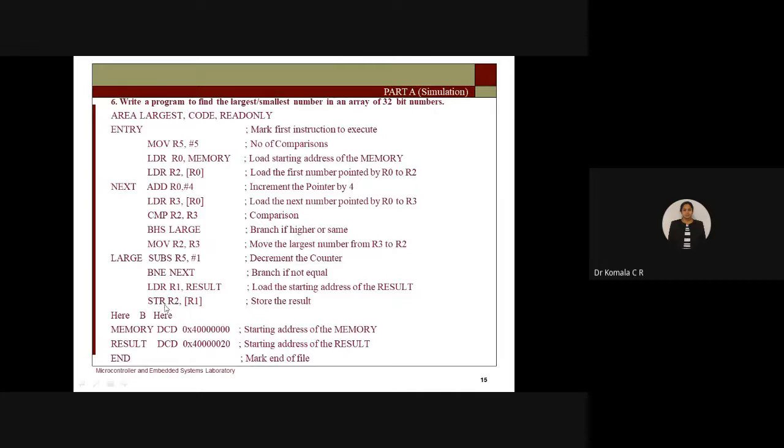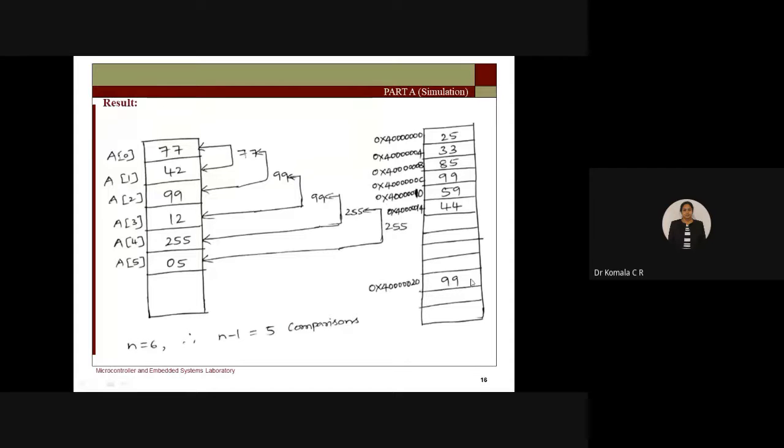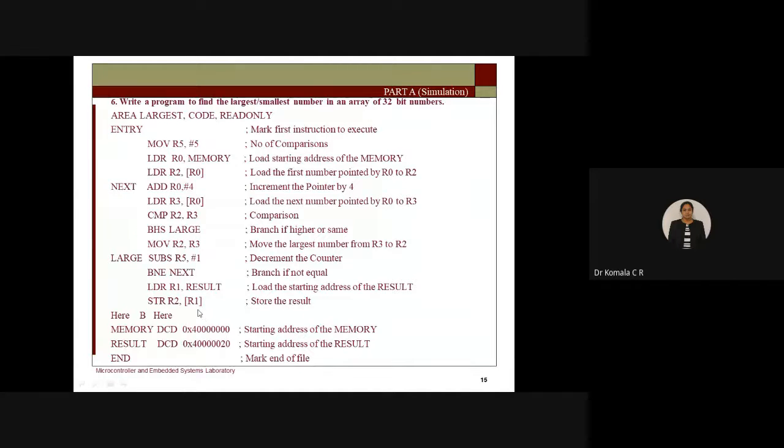I am not using B here because it is not byte, because I want to go for 32-bit. So I am not using store byte here. I will use only the instruction store, str. I will store the content in R2 as the content of the memory location pointed to by R1. R1 is pointing to location 20, where you are going to store the result from R2, 99, via R1. Correct? So storing is done, result is done, stop at this stage. I have already explained how the memory addresses are to be declared, then terminate the program. So this is for largest.